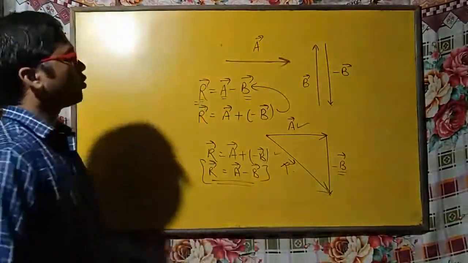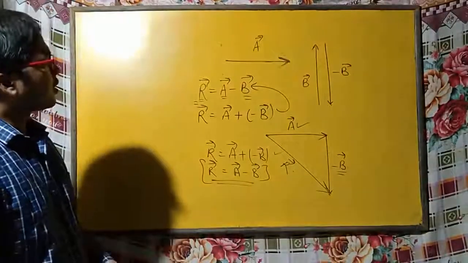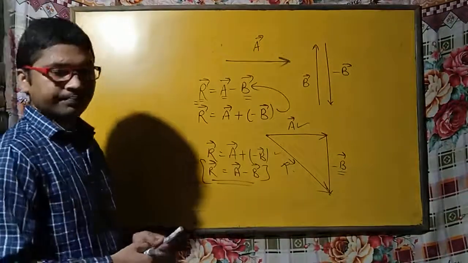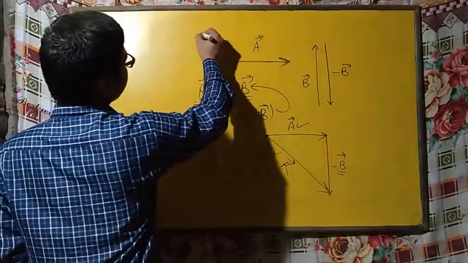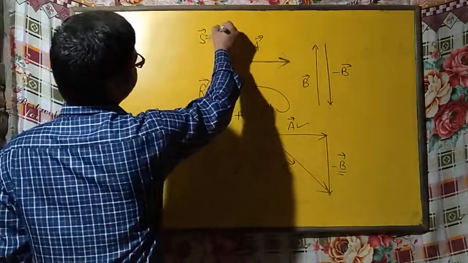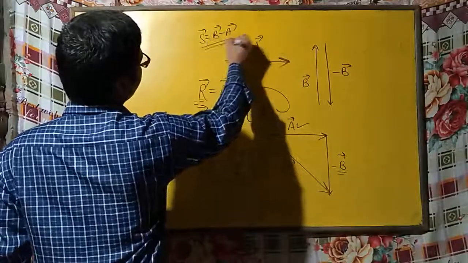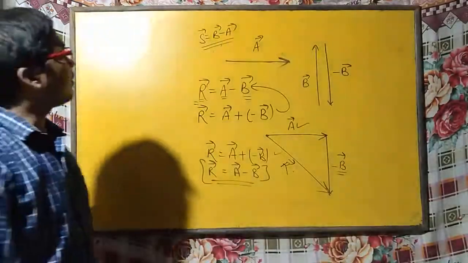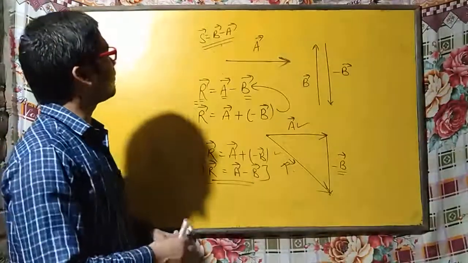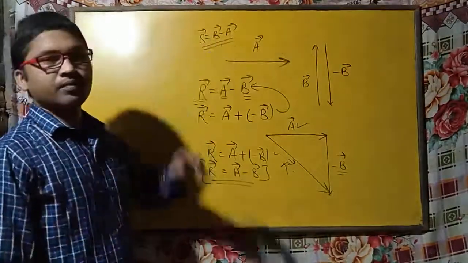Okay, so I hope you understand this topic. So now your turn. The question is for you, that is S is equal to B minus A. Let's check how you can find out B minus A. So I am giving you time of 2 minutes to find out the value of S is equal to B minus A. Okay.